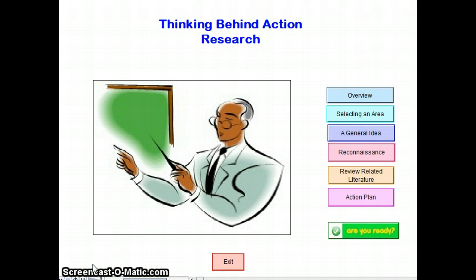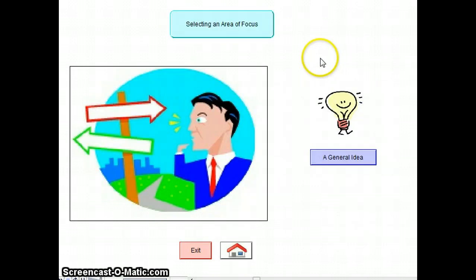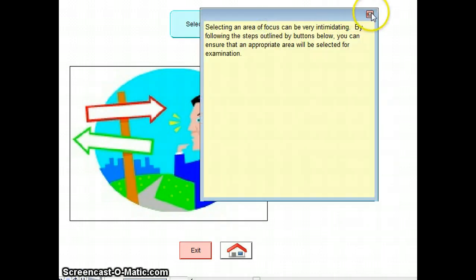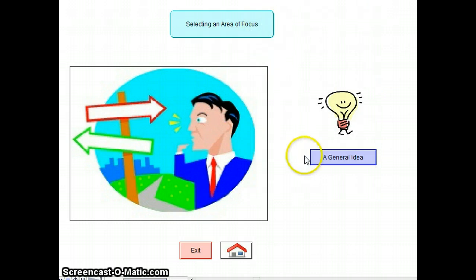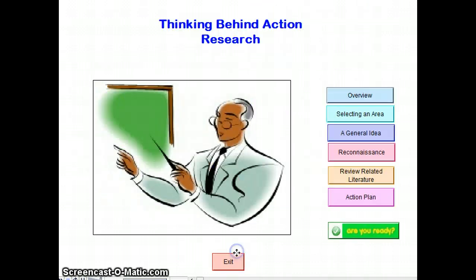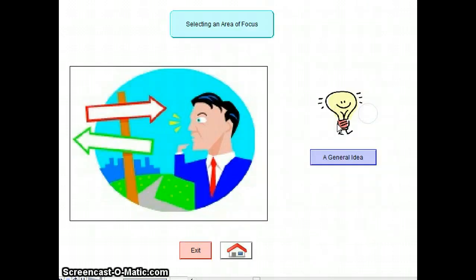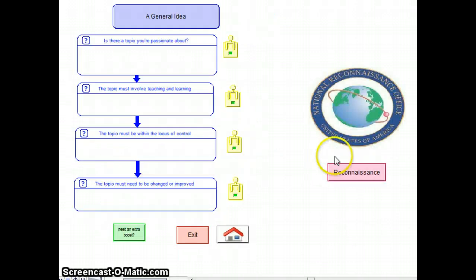It's a little harder to do it in screen captures, or even create a new inspiration document that shows you all the under layers. So we have a couple of navigation bars. This overview just gives a note, and then select an area is navigational. There's a note that you can read in the select area focus. And if you go back to the home page or go ahead to the next area, a general idea, there's